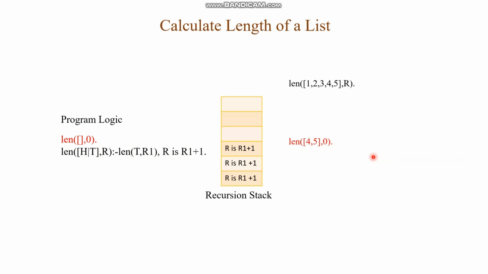Again 4, 5, it is not empty. It splits into 4 as the head, and only 5 is the current tail. So again the list 5 will be passed into the len predicate. The rest of the elements will again be moved into the stack. Again it will be checked with the base condition, and again it will be split